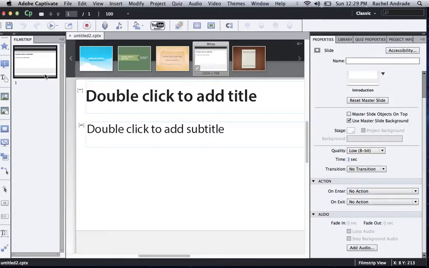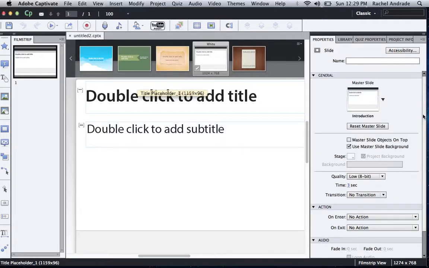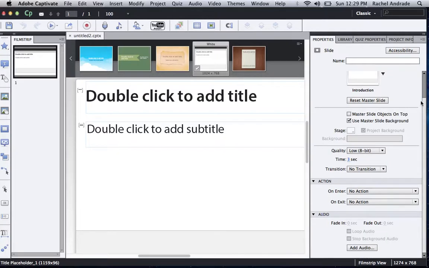So you can see here that the slides, again, look very similar to PowerPoint in that you can click them and edit them. You can change the themes with these preset themes that they have already in Captivate, just like in PowerPoint. On the right-hand side here, there are toolbars that actually change depending on what you're trying to do